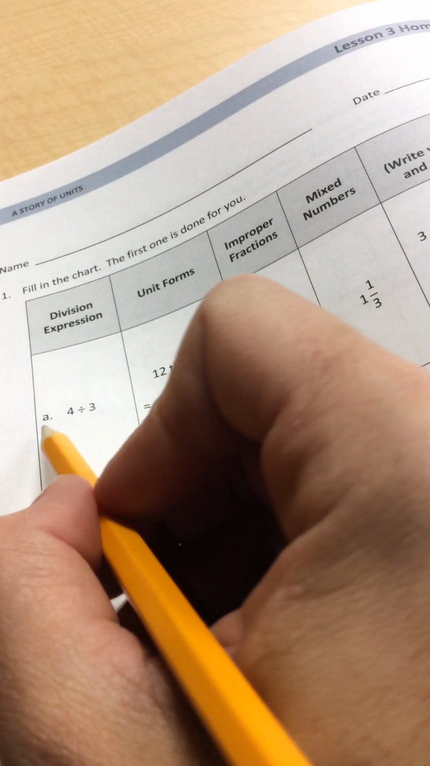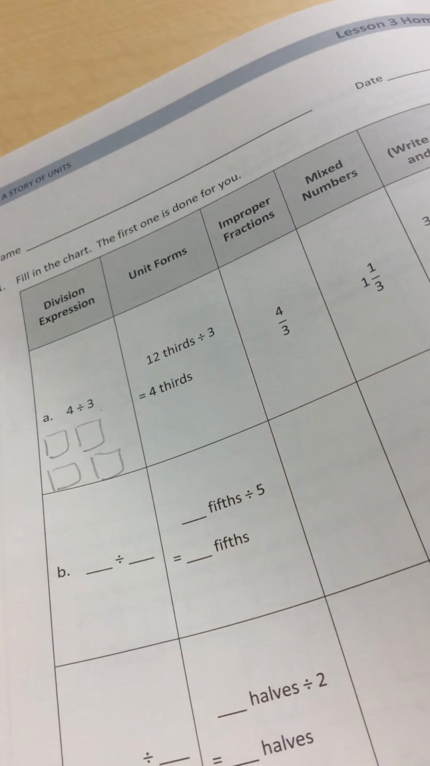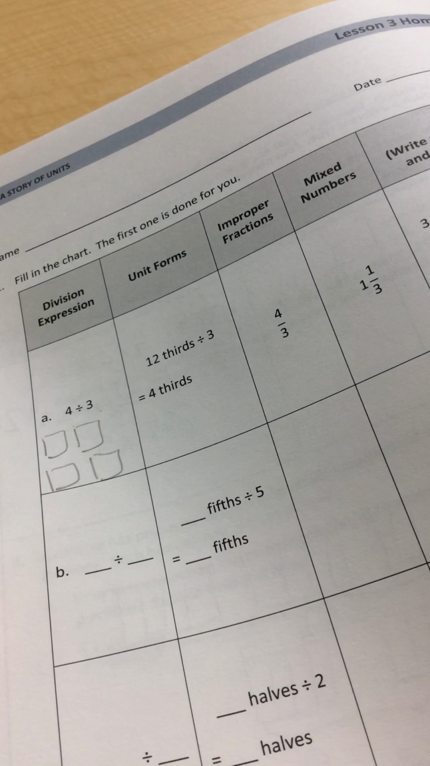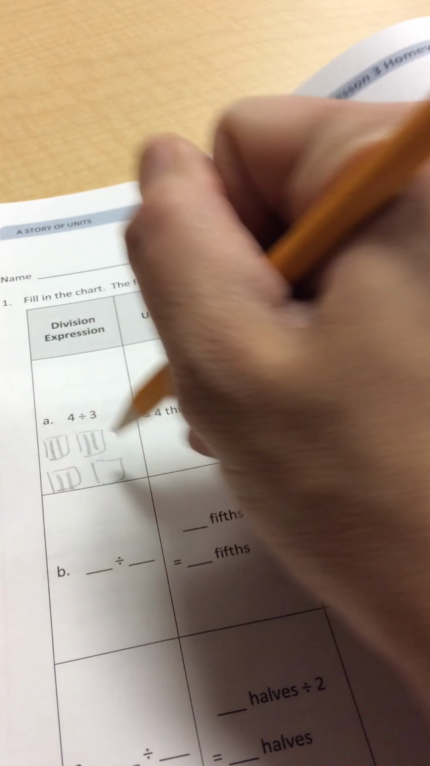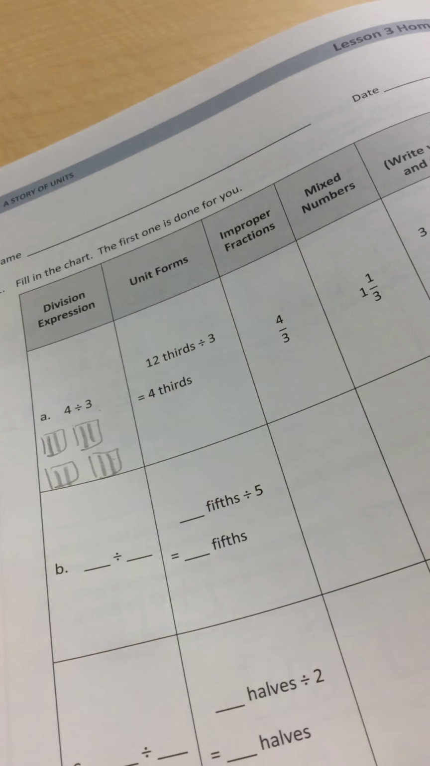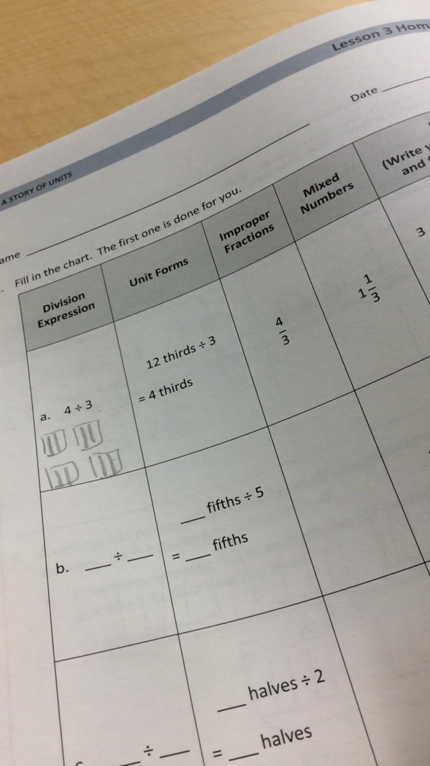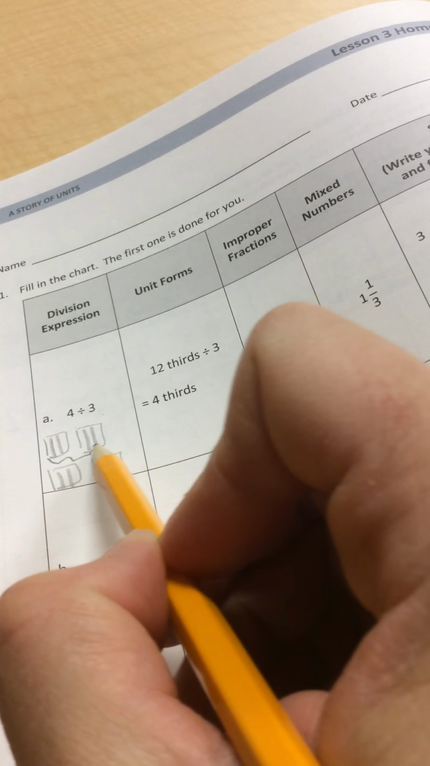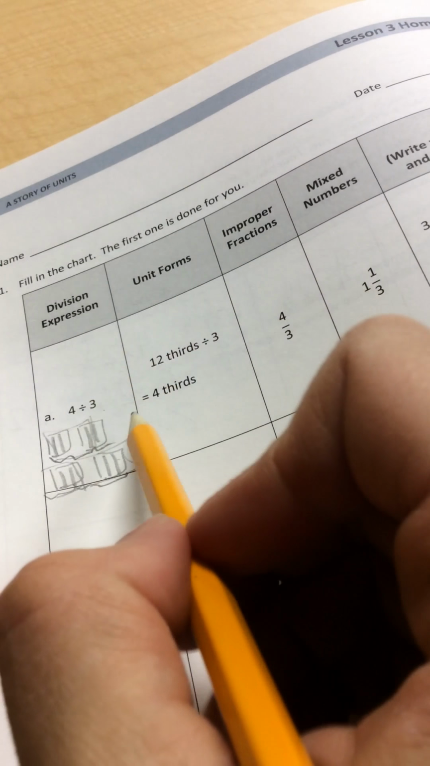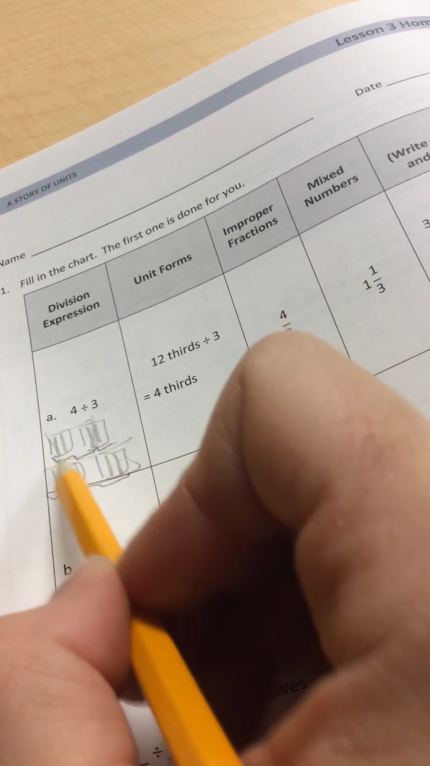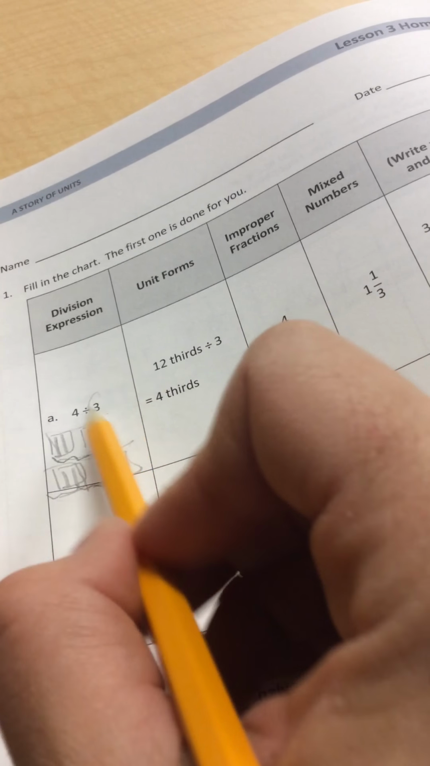If we were to draw this out the way that we learned yesterday, with 4 boxes, and we are going to divide it up into 3 equal groups, we would then take our 4 pieces and divide them up into thirds so that we could distribute those thirds into 3 equal groups, which we would have 1, 2, 3. So I have 4 thirds here, 4 thirds here, and 4 thirds here. So what I've done here is I've created 12 thirds, and then we've divided those 12 thirds up into 3